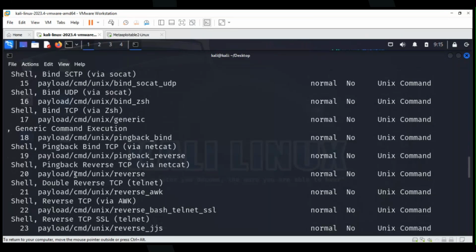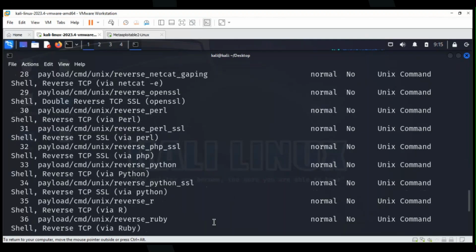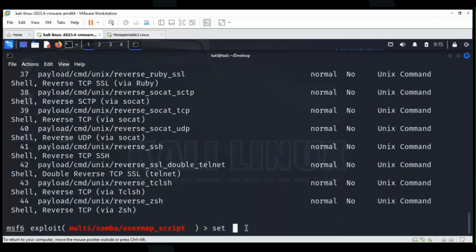Yes, I'm getting here. Could you see this? The payload is command Unix reverse. See this? Set payload. Now I have to use command set space payload, not payloads. Okay, you have to use only payload. Payload, then